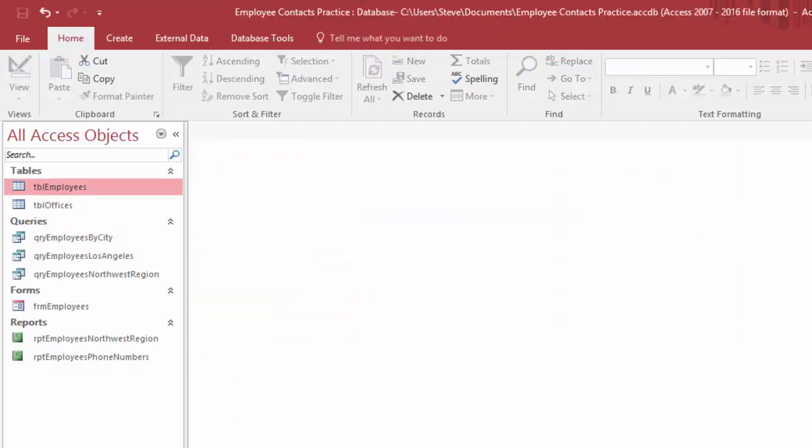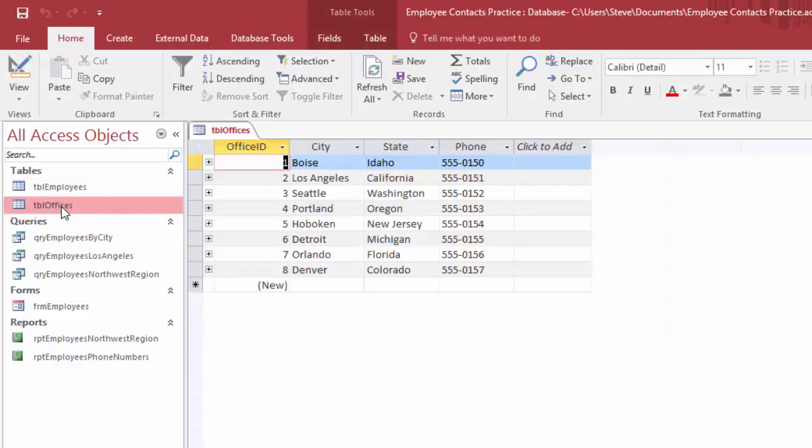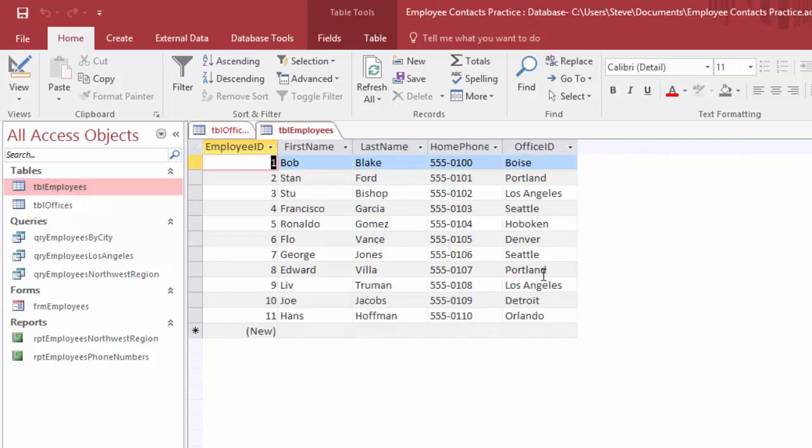Okay, I'll close that, and let me show you the one other table that we're going to create. And this is a list of the offices where these employees work. So it has the office ID, it has the city, state of the office, and the work phone number for that office. And we're going to connect these two tables so that we can pull this information from here into our employees table. As you see here, you can see the office location is listed here, so that you can start to get an idea of how you can create relationships between tables,